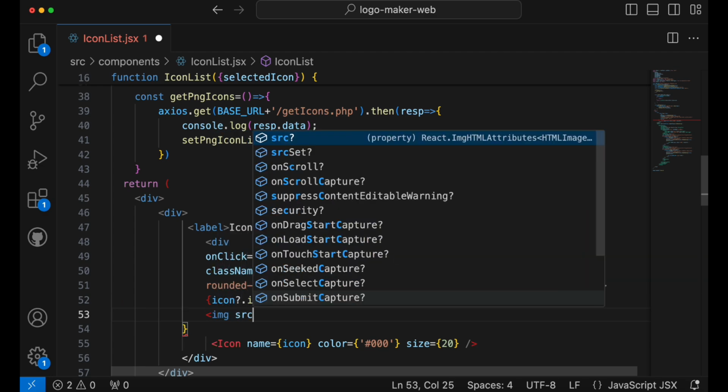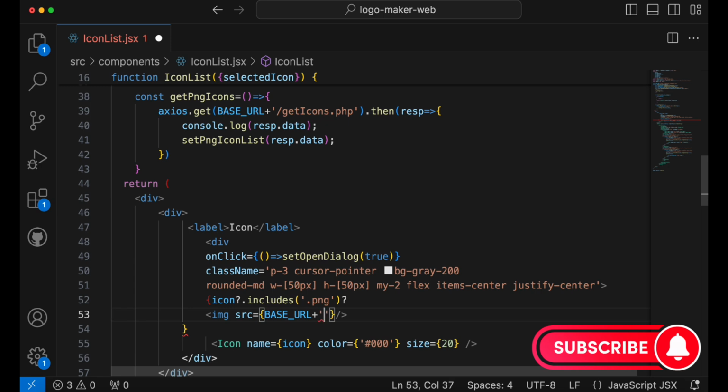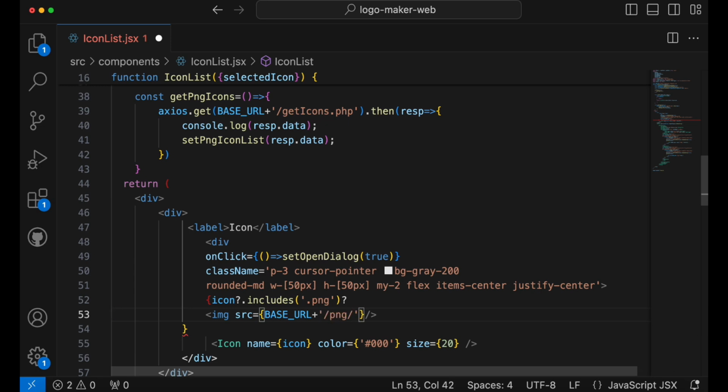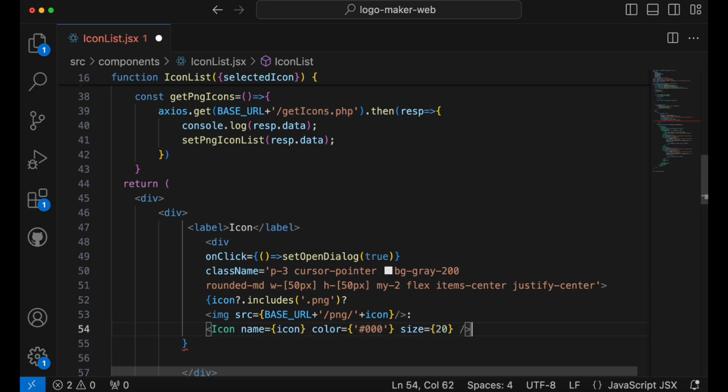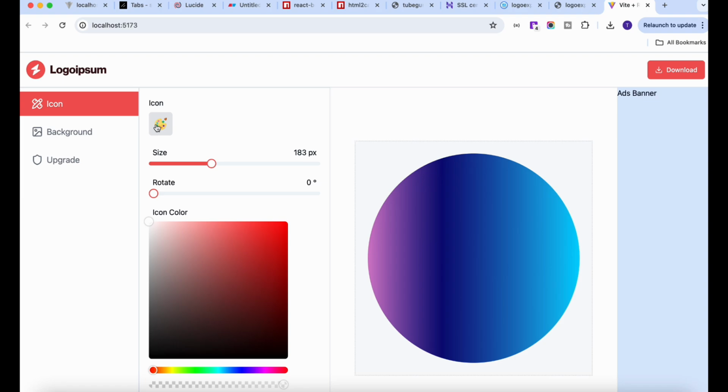then we're gonna show the image source over here. So image source, and then here we need to display the image. Obviously we will use the base URL. So here we'll say base URL plus slash png slash and the icon name, which is icon. Okay, otherwise we will show this Lucide icon